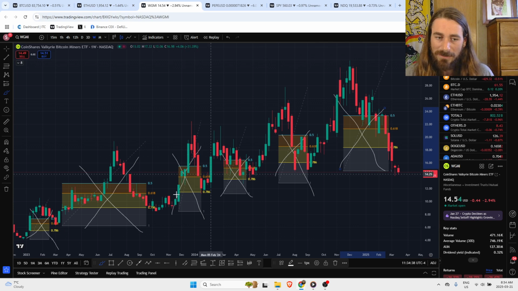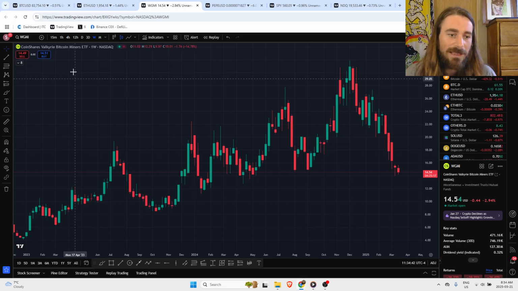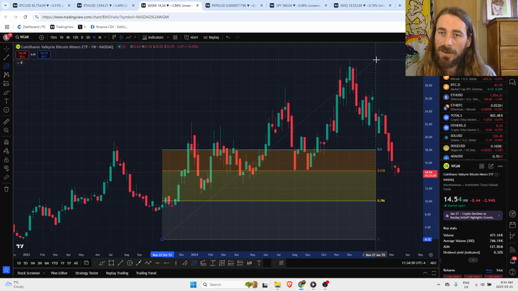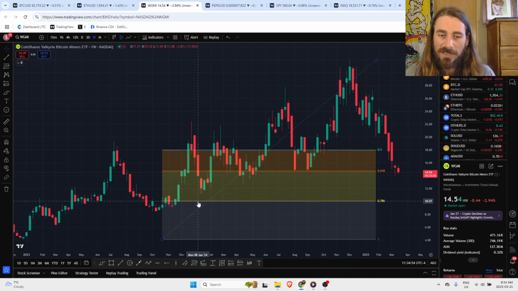If we just clear this all up, you can take a look at the Fibonacci from a very high time frame. So if we take a look at it from a cycle perspective, looking at it from the low of the cycle to the current high, just giving us an idea of what might be a decent opportunity. If we look here, anywhere in this 618 to 786, if you believe the cycle is going to continue playing out, you don't think that the cycle top is in,